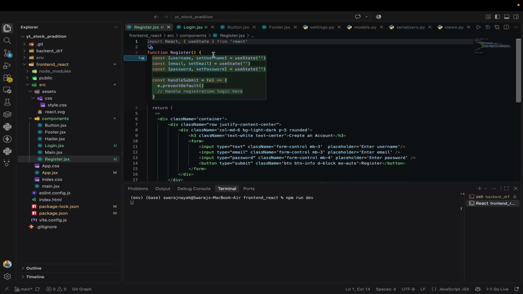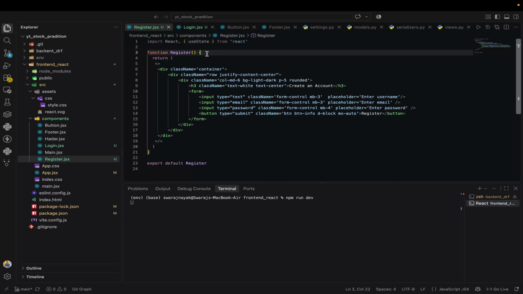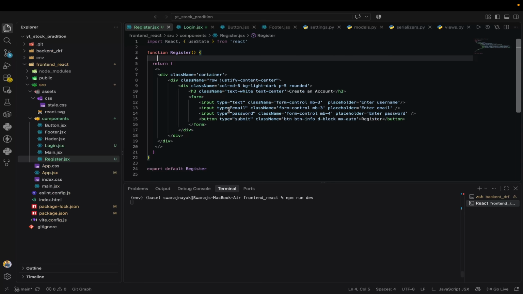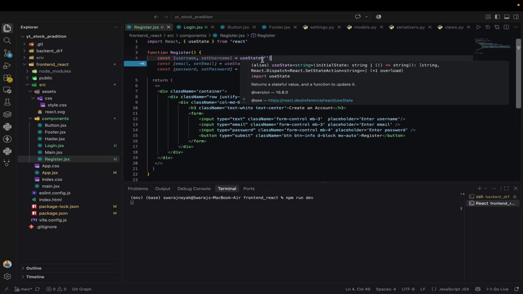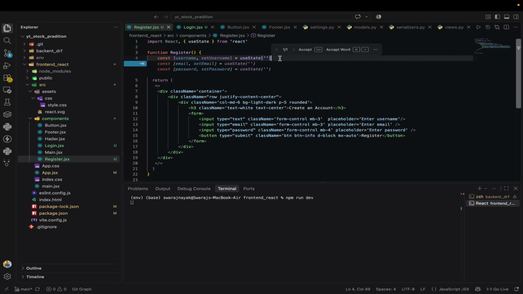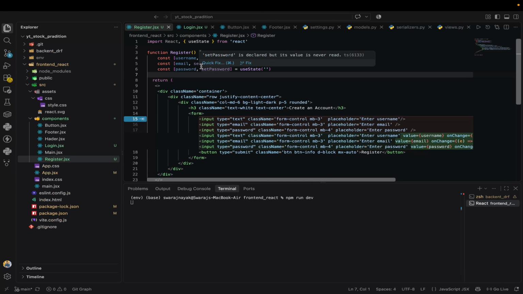So here I just ignore all these things. Okay, now just see that. How many fields are there? I have 1, 2, 3 fields. So here I create some const. Here I create const username, setUsername equal to useState. Okay, so like that I just create the other fields. Okay, const email, setEmail,